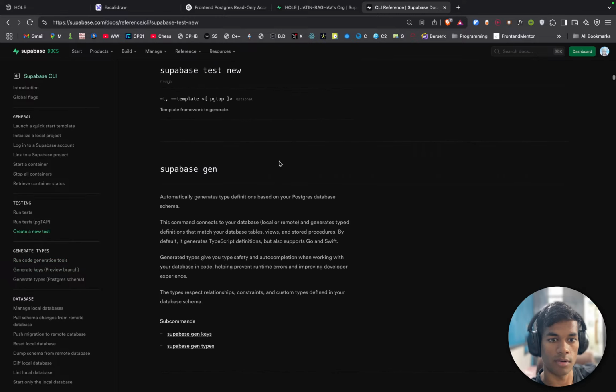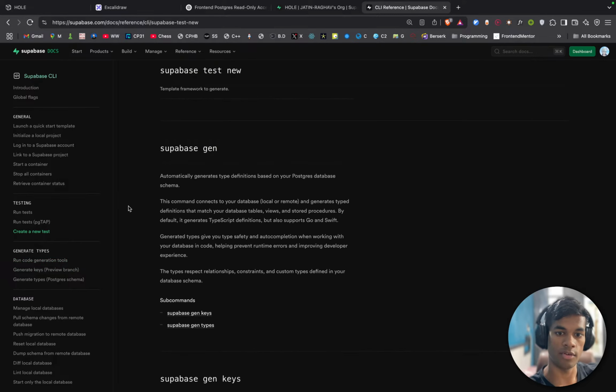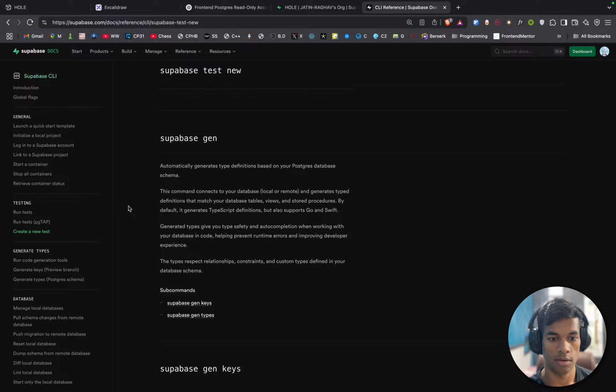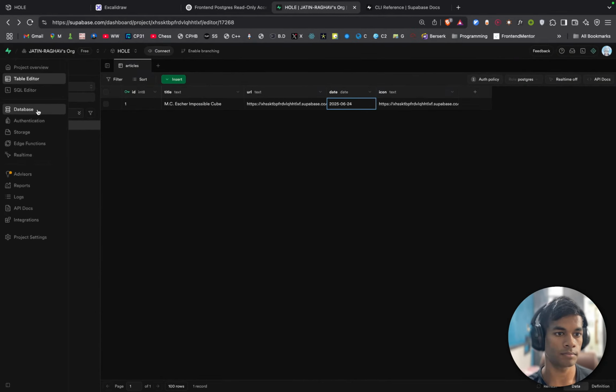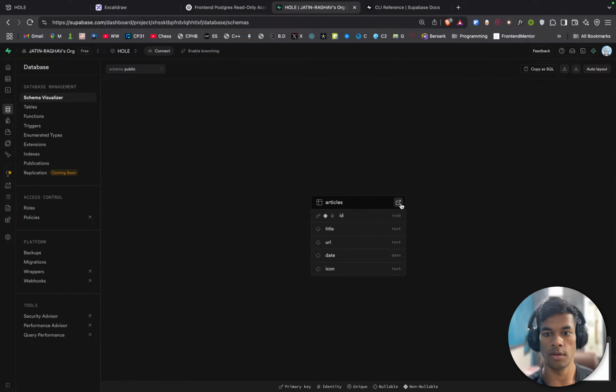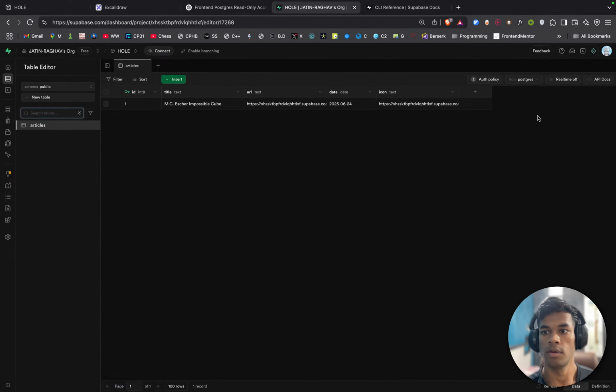Supabase generate. Automatically generate type definitions based on your Postgres database schema. supabase gen types. So wait, supabase gen types. DB URL, generate types from a database URL, language. Okay, and what is the URL for my database? It should be here. Database. This is this. This is this, API docs. Is there a URL for this thing?